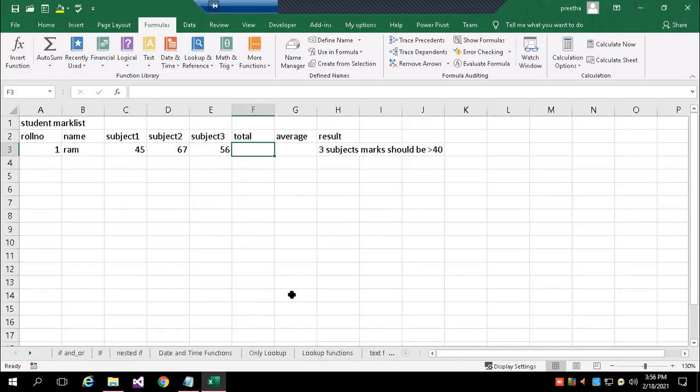If a student scored above 40 in all the 3 subjects, then the result should be pass. Else, fail. So like this, you create and prepare one table, add all the formatting, alignments, set the background color of the cells, text color, border, apply everything and send it to my mail ID.